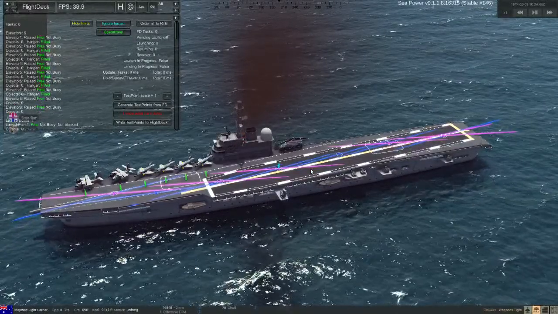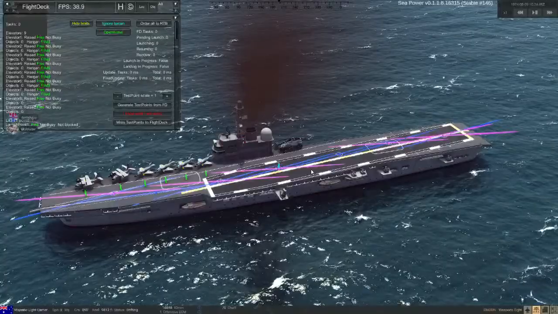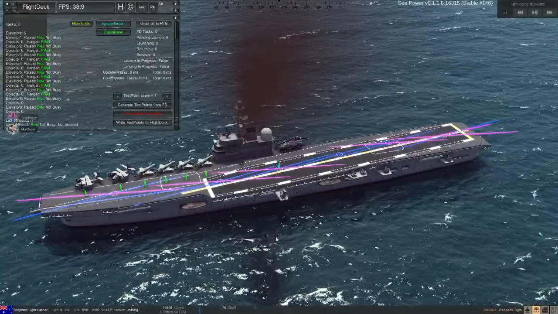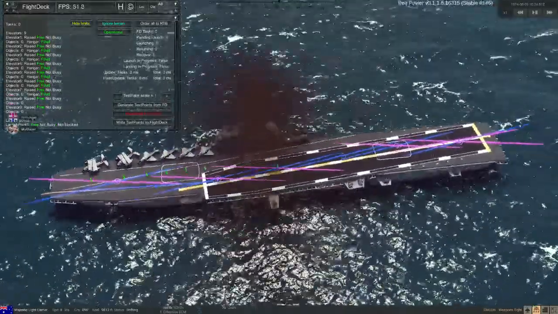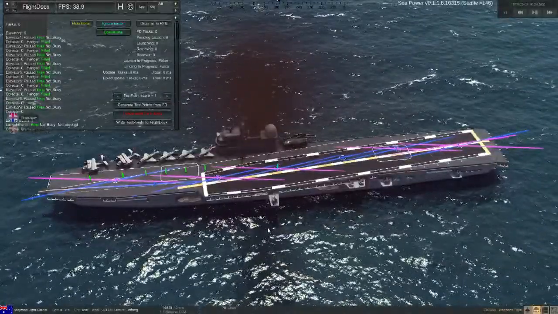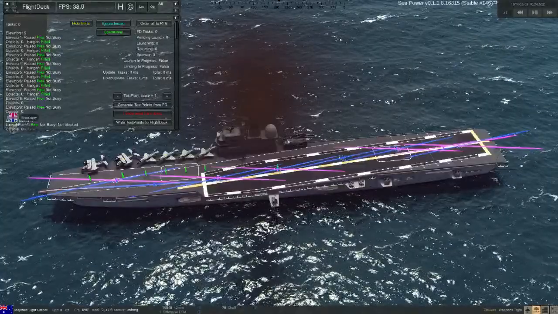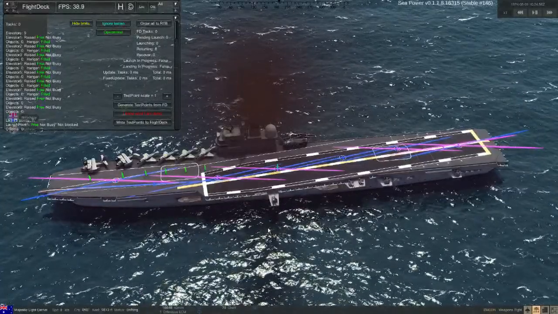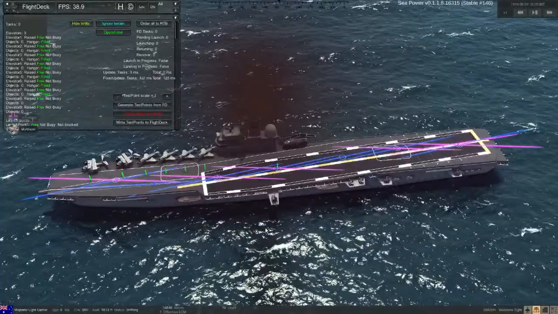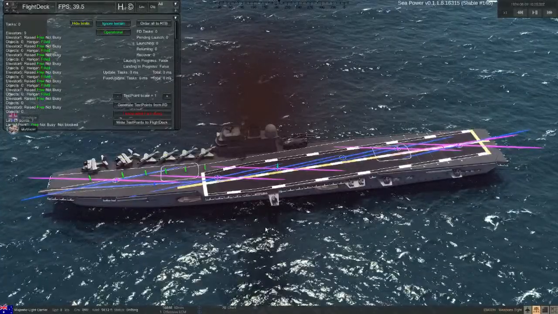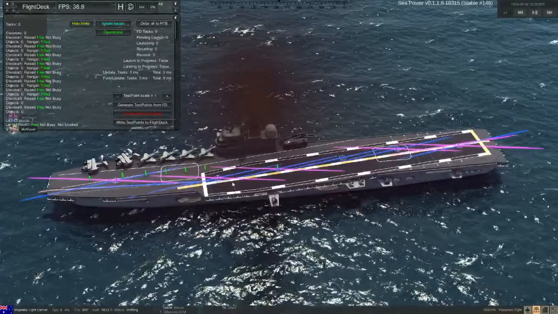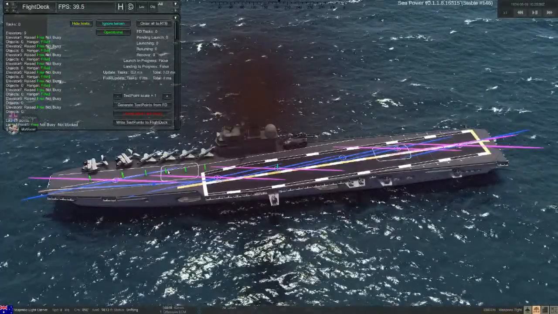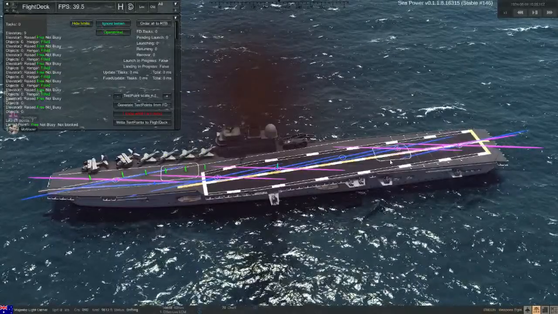Yeah. Well, I guess it changed its mind. It's so hard to predict what the flight deck's gonna do at times. You think it makes sense, but it doesn't. Maybe if I launch every Wessex and land them all, then at least one of them will pick the deck park. Oh, should do. They are set up that they will land at position 1 and 2, and they'll use the forward, and then also